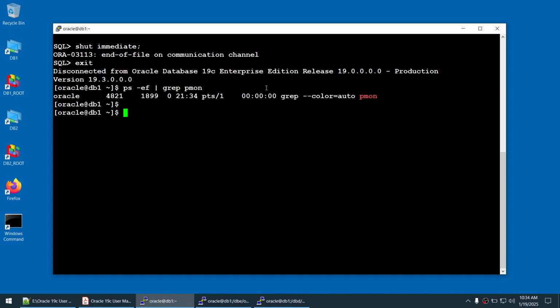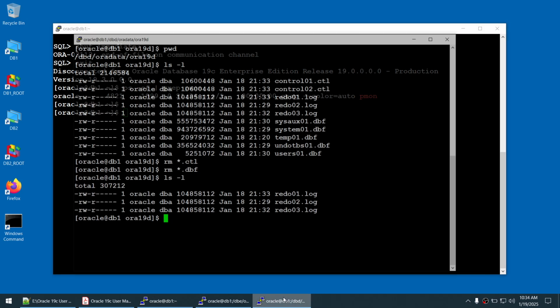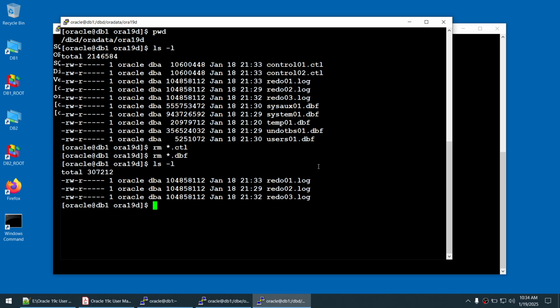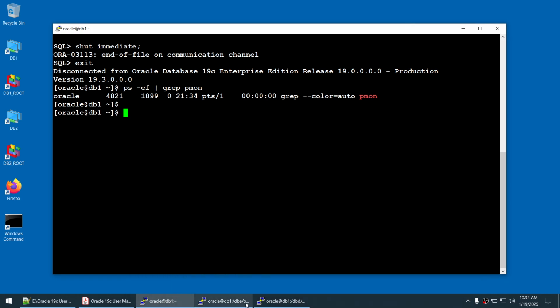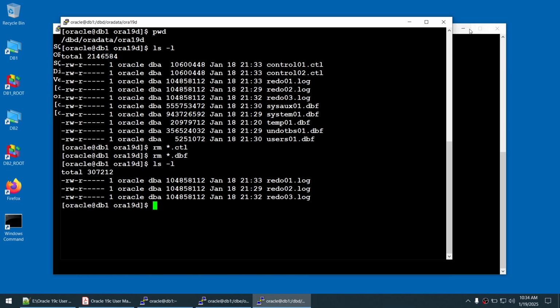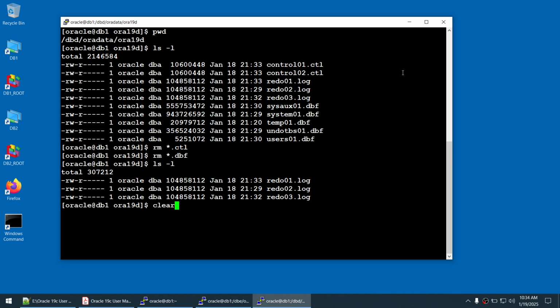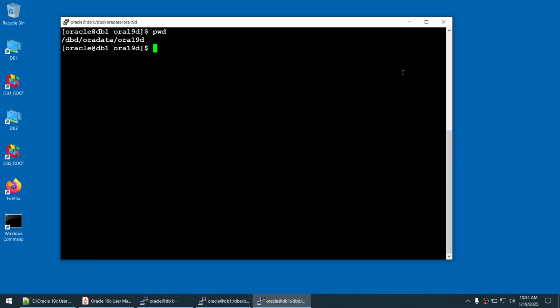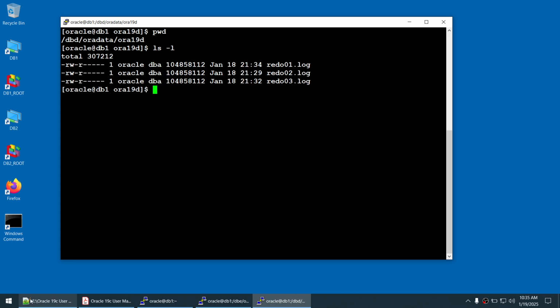That's not good. So what we are going to do now is recover our control file as well as the data files. To do that, in the original data directory, I'm going to copy the backup of the control file and all the data files. So let's do that. Let me show you this directory first. Let me clear this. This is the original database directory, and from the hot backup